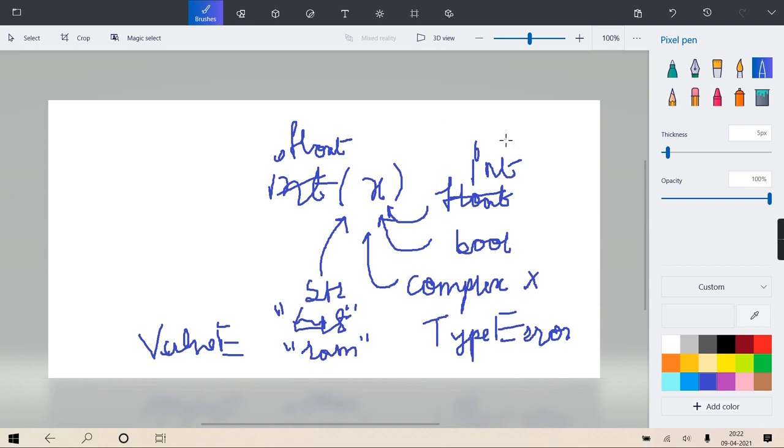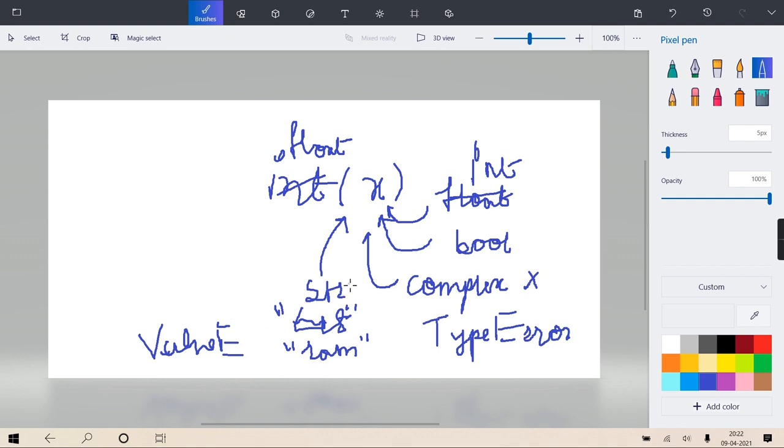Internal storages are different actually. Floats are stored in a different way, integers are stored in a different way. So int to float puts a decimal. Boolean to float is also valid. If it is true, it will become 1.0. If it's false, it will become 0.0. Complex to float is not allowed, direct type error. String to float is legal, but inside that string there has to be a proper numeric value. If it contains a non-numeric value, it generates a value error.